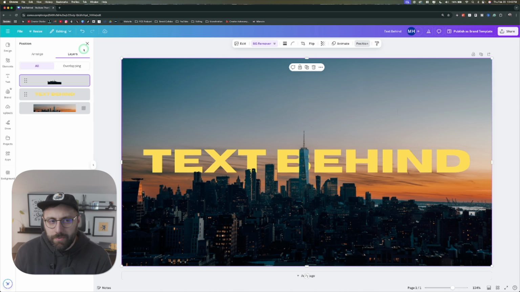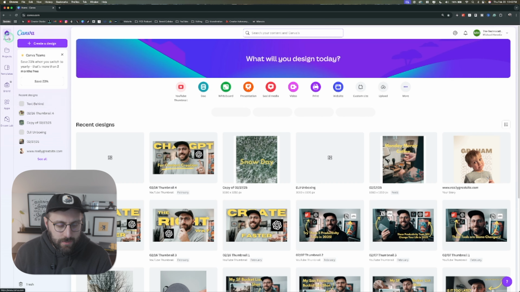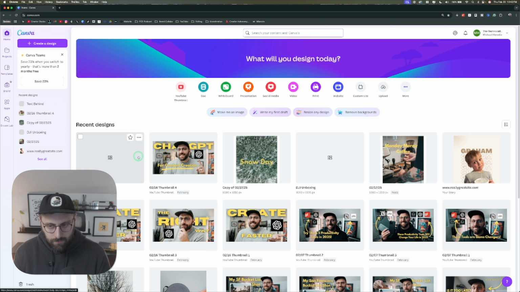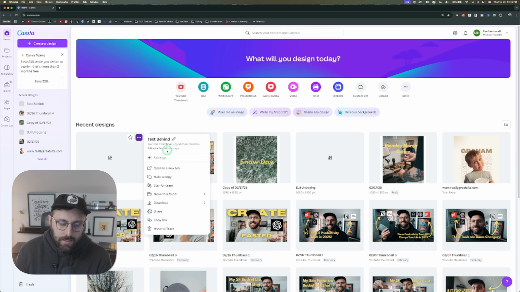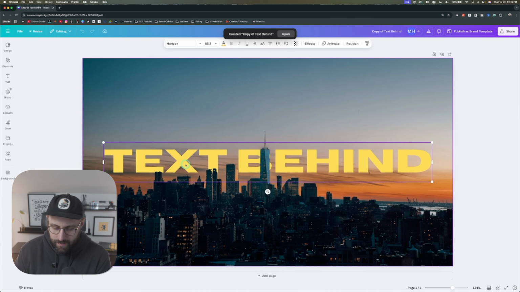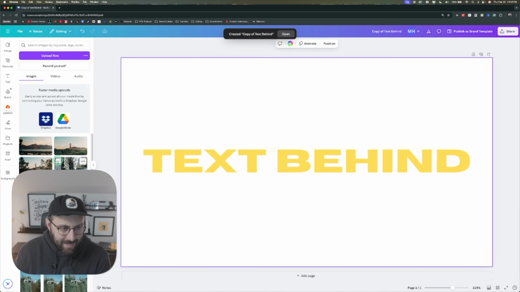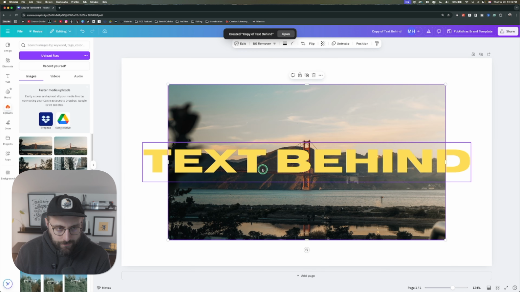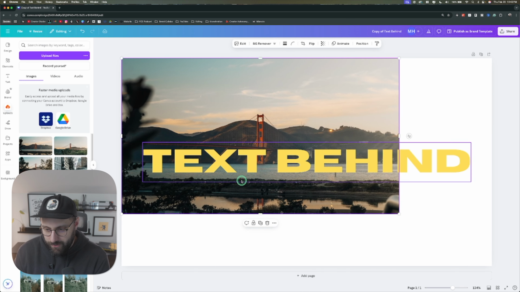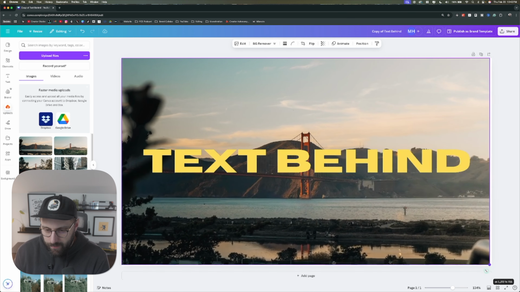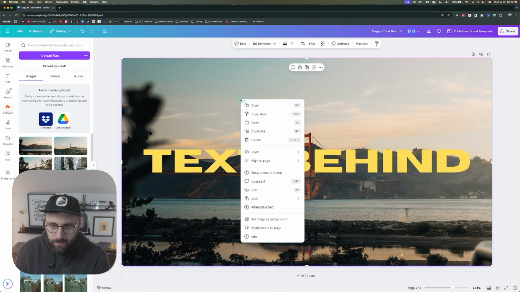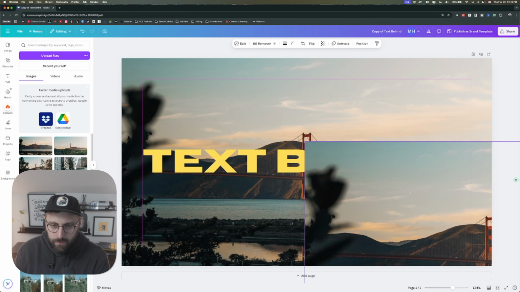Now, let me jump into the next thing though. So we're gonna actually go back to the home. I've already alluded to this, but sometimes you can trick it, or sometimes the background remover doesn't work exactly like you want it to do. So I'm gonna actually make a copy really quick. And we're gonna jump into here. We're gonna keep the text, but I am gonna delete out these images and bring in a new image to use. And I've tested this out, so I know this one helps me to identify what I want to show you here. So same thing, we're going to get our image, we're going to duplicate it,